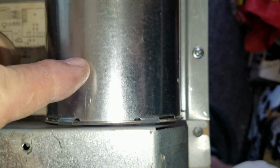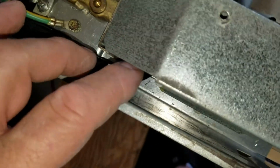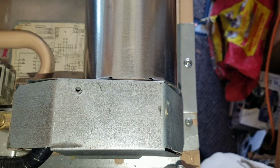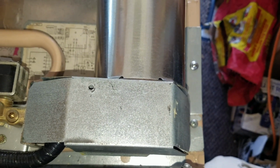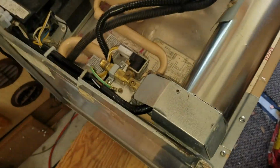then we have the chimney has to come all the way down and sit on top of the burner unit. It has to seal in all those holes that are there for the flame, and make sure that that is enclosed so there's no chance of any kind of a flame getting out of there. Okay, so then